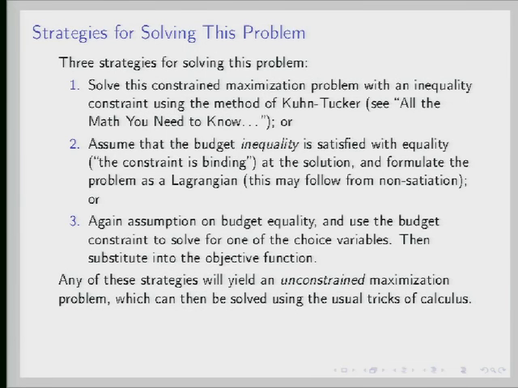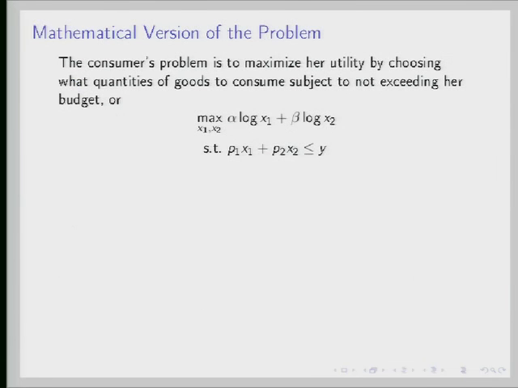Now, the method of Kuhn-Tucker, you may already know this, I'll say it anyway. The method of Kuhn-Tucker allows you to solve maximization problems that have inequality constraints. So this problem is an example of that. We've got an objective function, we've got an inequality constraint, and so Kuhn-Tucker is the usual way to solve problems like that. The method of Lagrange is another way to solve constrained maximization problems, but it only works if you have equality constraints. So it doesn't actually apply to this problem unless you're prepared to assume that the budget constraint